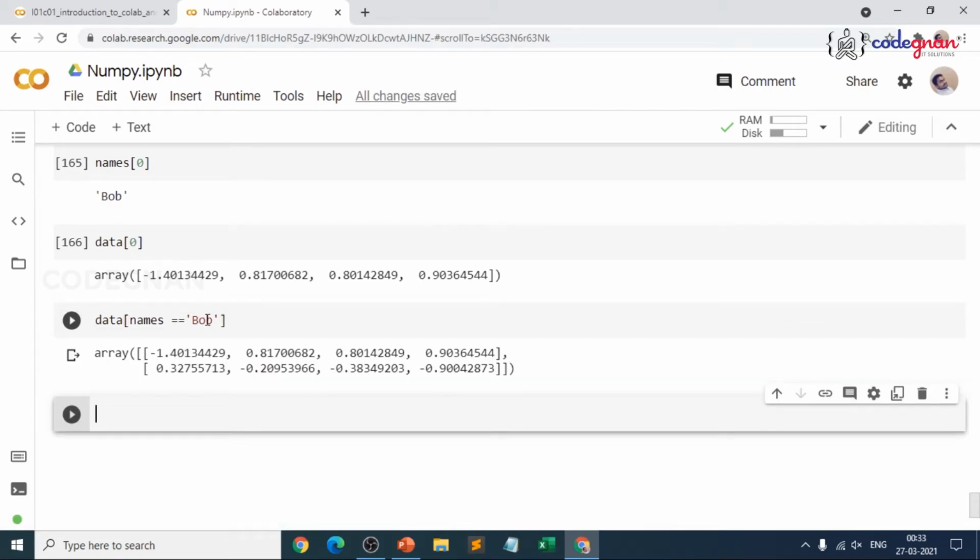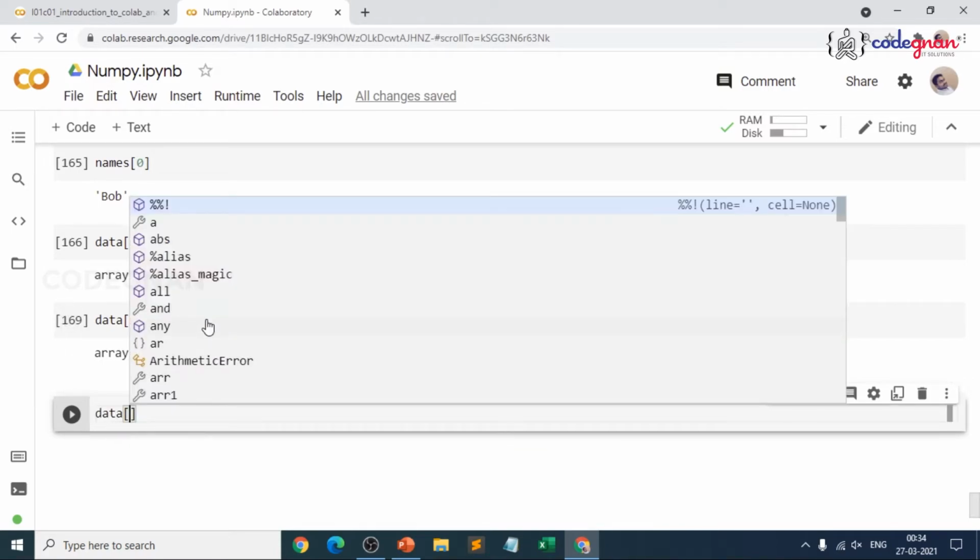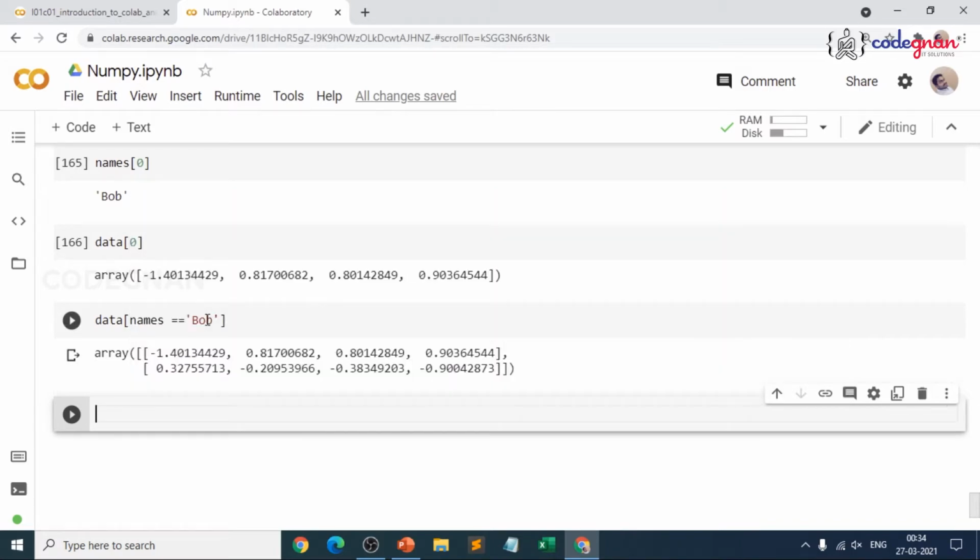So you could just refer to it. Make sure the Boolean array is of the same length as the array axis it's indexing, where we are trying to refer to the index. That is the reason this is called Boolean indexing. Where we are comparing the names with Bob, we are giving the result as True wherever we have Bob.